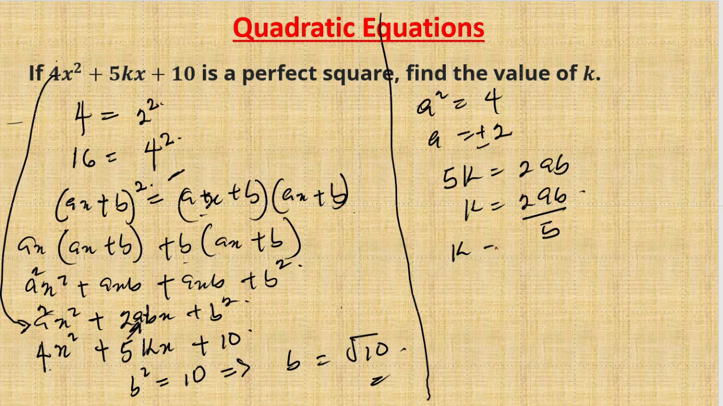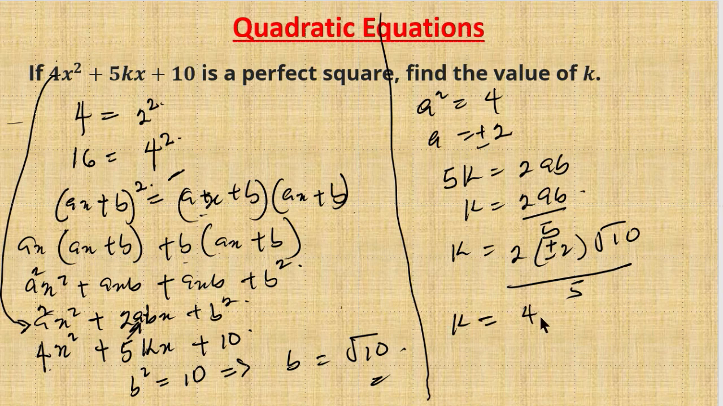So that k now will be equal to 2 into plus or minus 2 into the root of 10 over 5. So that k is equal to plus or minus 4 root 10 all over 5. Now with this, I've been able to find the value of k, and I hope you